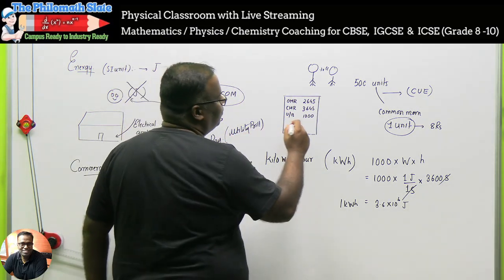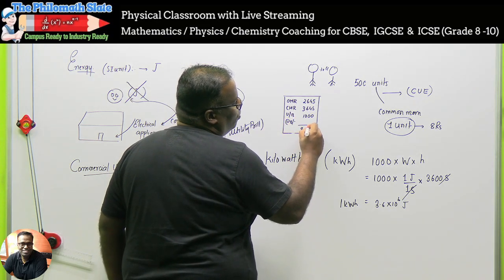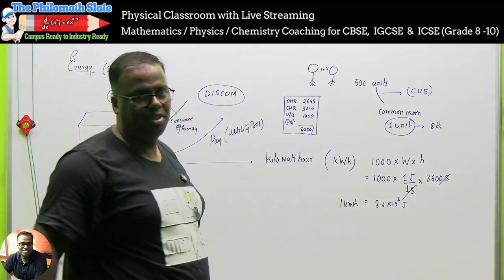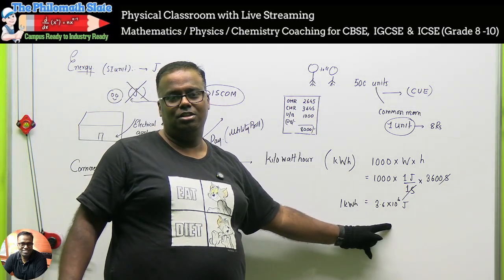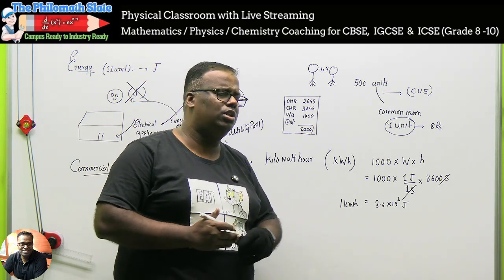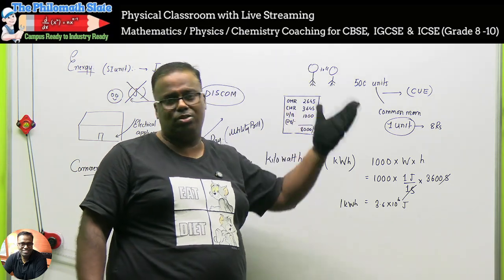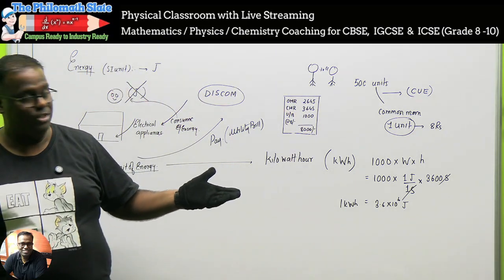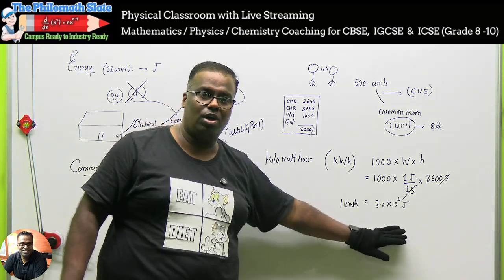Now the final bill will be at the rate of 8 rupees. So the bill became easy. If instead I gave it to you in joules, you yourself would say, oh Nidhi, last month burned electricity worth 500 into 3.6 into 10 to the power 8 joules. The calculation doesn't look good. So you should also know this conversion: what is 1 kilowatt hour, and how to convert it.